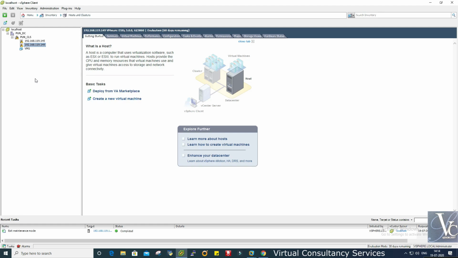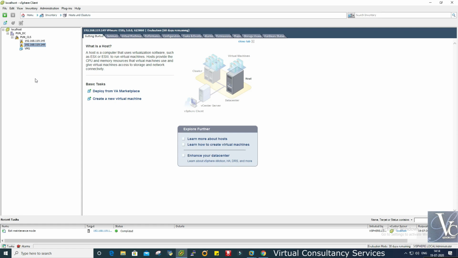Maintenance mode means when we have to perform any activity on an ESXi host, we need to put that host into maintenance mode so that no VM will migrate onto that ESXi host, and we can perform any activity for as much time as we require, like patching, or changing any ESXi settings, or any issue with that host, such as a hardware issue, networking issue, or something related to a physical NIC.